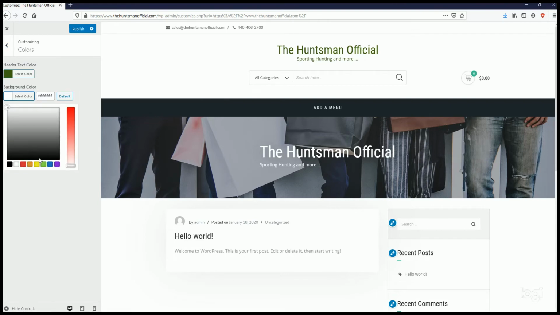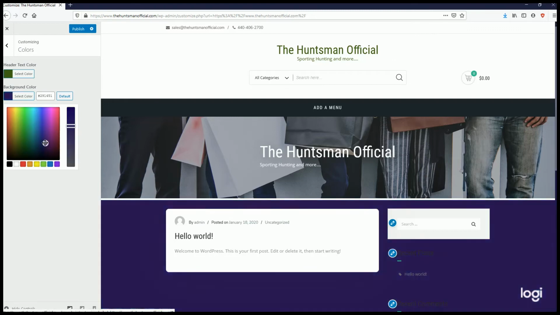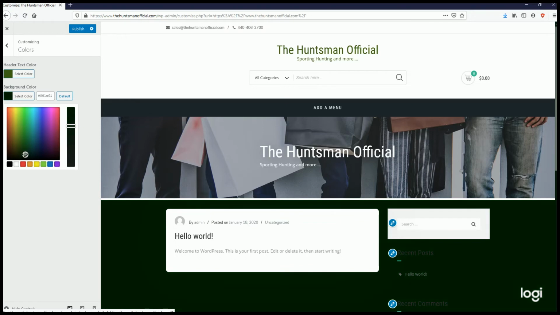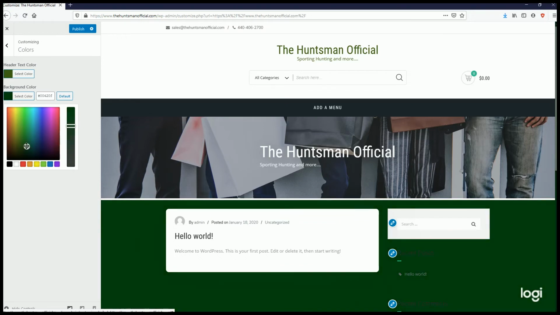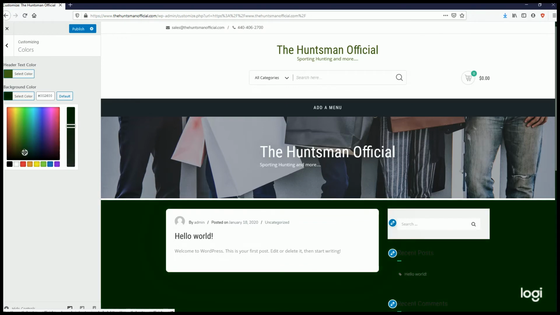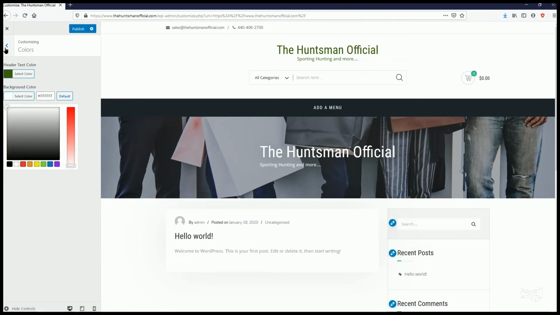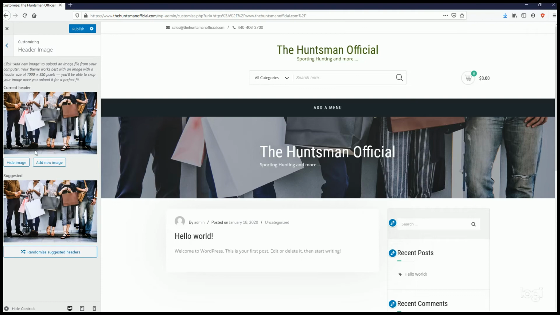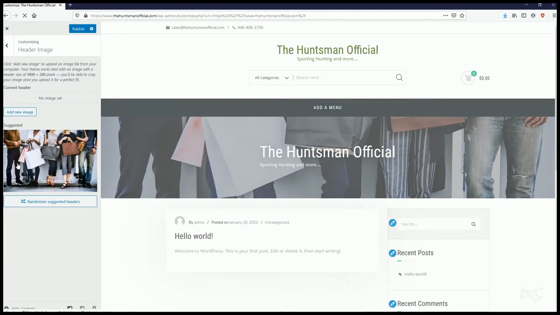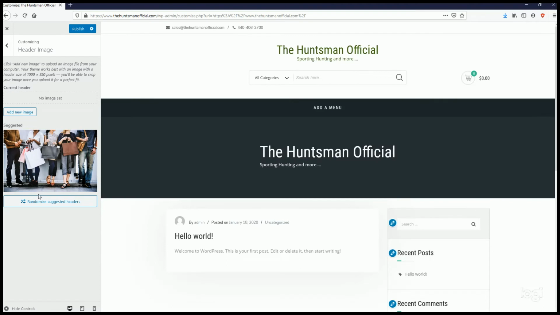Let's see if we can change the background color to something. No, we don't want to do that, I don't think. Let's see. No, we don't want to do that. So we'll leave that as it is. Header image, this background image that we see, we don't want to add that picture because this is a hunting picture. So let me find a quick